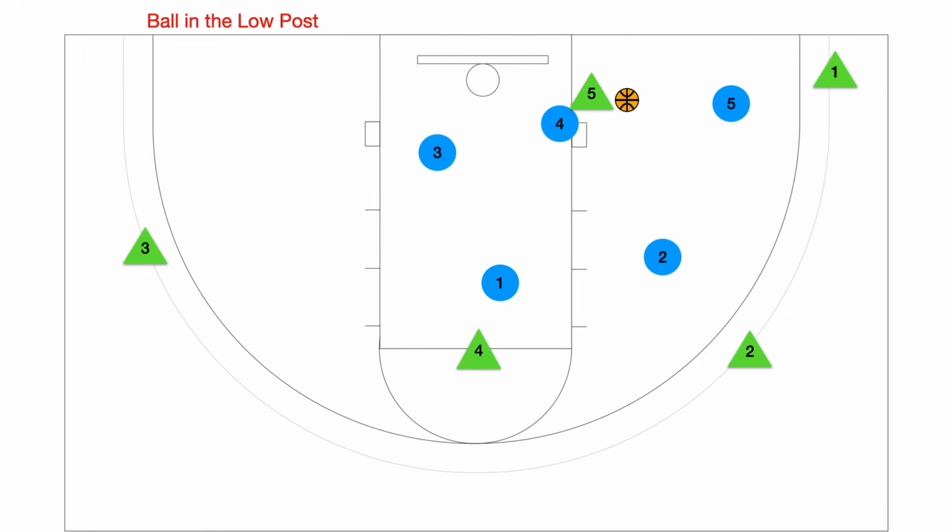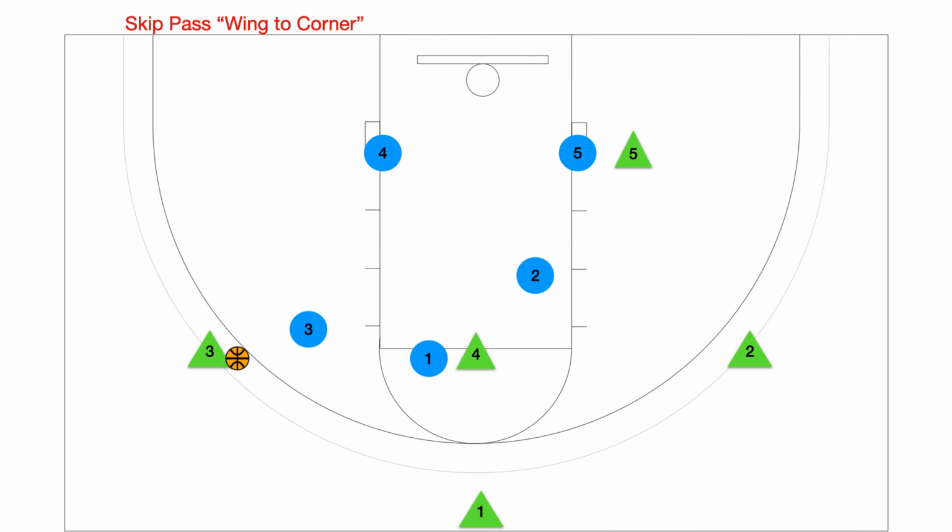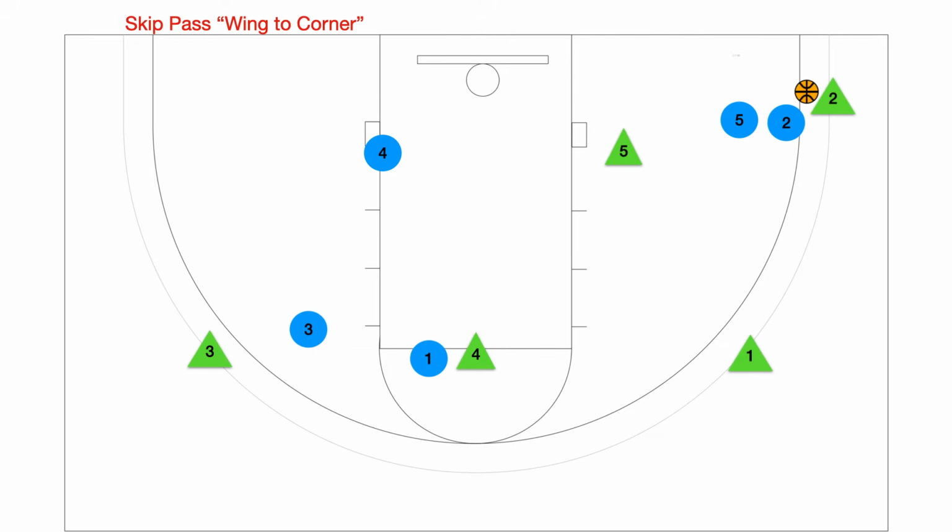Finishing up, we're going to talk about some different skip passes that can occur. The first one we will go over is the skip pass from the wing to the corner. If the ball is skipped from the wing to the corner, the weak side wing must close out on the high side of the corner player so that there is no quick ball reversal. Player 2 should only guard the corner for a second and should be immediately bumped by the